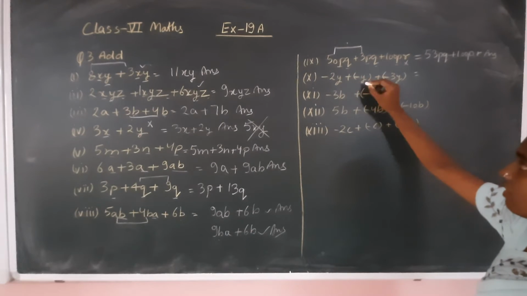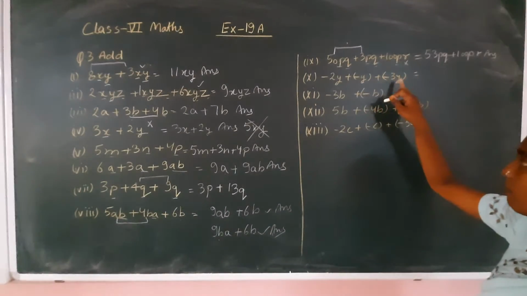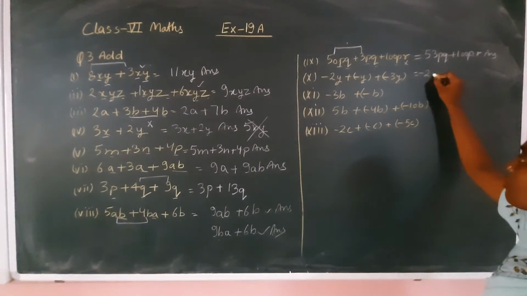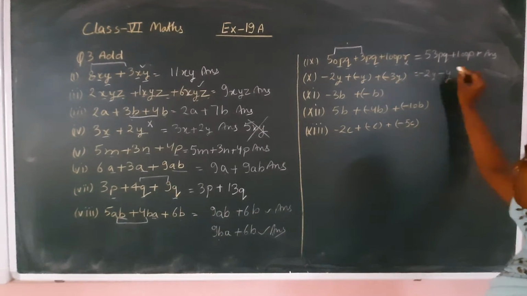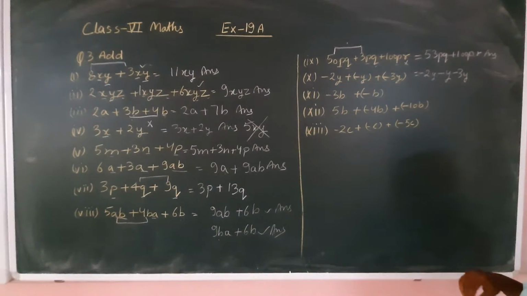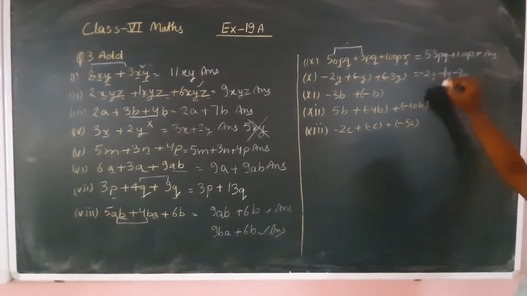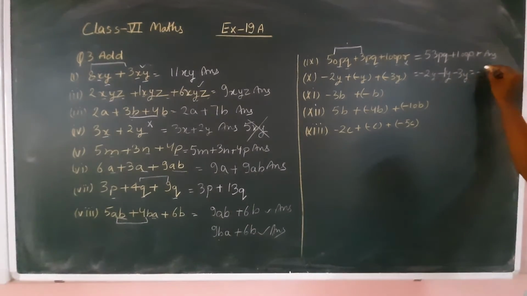Now here is y, here is y, here is y. Before doing any kind of addition, first of all open the small bracket. According to BODMAS, we have to solve the bracket first. Minus 2y, plus minus will become minus, again plus minus will become minus, and here 3y. Then see, all the terms are like terms, they will get added or subtracted. So minus 2, here nothing is written means 1 is written. Minus 2 and minus 1 is minus 3, minus 3 and minus 3 will become minus 6, and the variable is y. This is the answer.